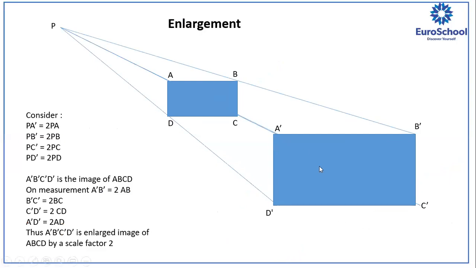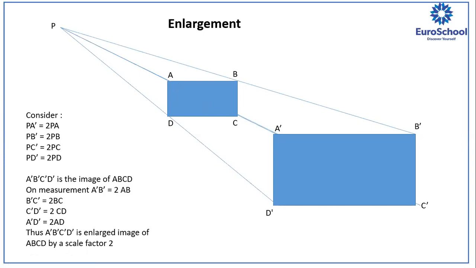Okay, like here, if you check this rectangle, ABCD is a rectangle. Can you all see this? Yes, ma'am. Okay, now ABCD is a rectangle, right? Now A dash, B dash, C dash, D dash, are they similar? Because both are rectangles, right? Now from point P, what I have done, PA I have taken as 1 and PA dash I have taken as 2. So PA dash is equal to 2 times PA, right?